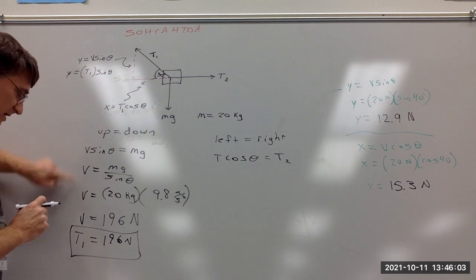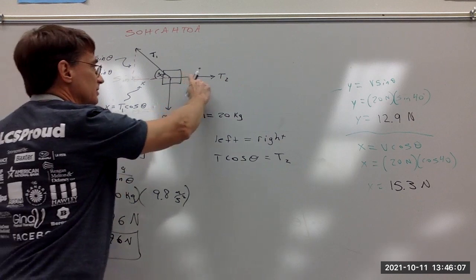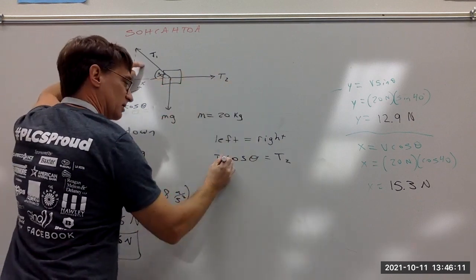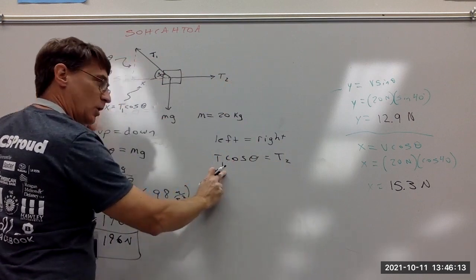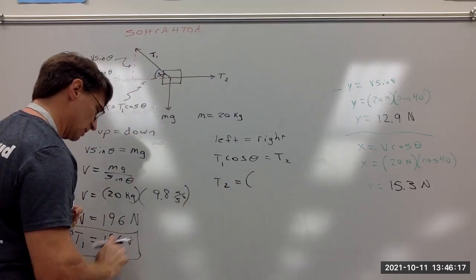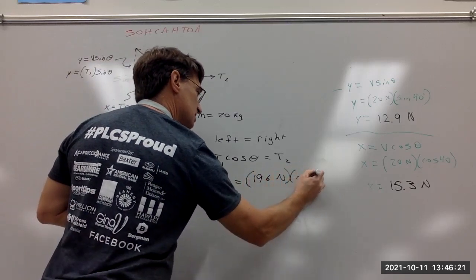So V for the vector and T1 for tension 1 mean the same thing in this case. This vector sideways to the right is T2, and the one up at an angle I'm going to call T1. But I know T1, so I can find T2 with no problem at all. It's going to be T1, that's 196 newtons, times a cosine of,